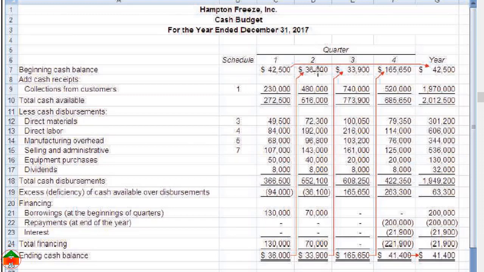That means our second quarter opening balance is 36,000, and already we have shown the cash collection from the customers, 480,000. So our cash availability is 516,000. This is the cash availability, and already we have shown this item. So our cash disbursement is 652,100. This is the cash disbursement, and this is the cash availability. Here there are also higher payments considering the cash availability. That means there is a deficiency